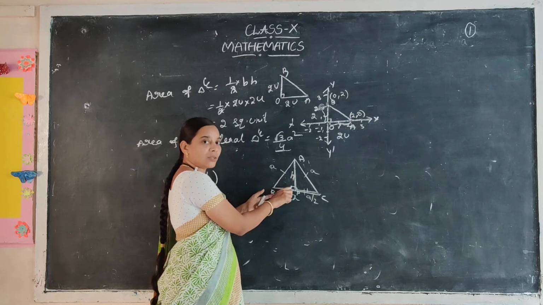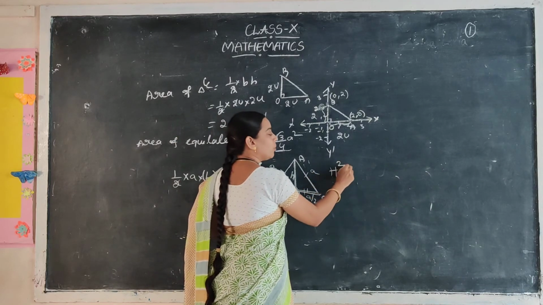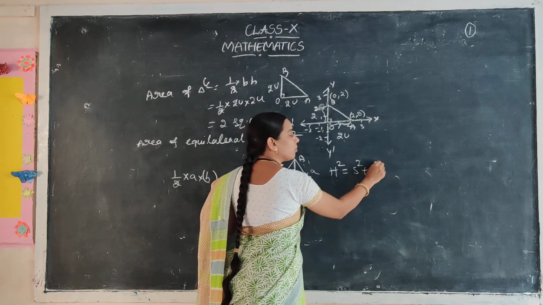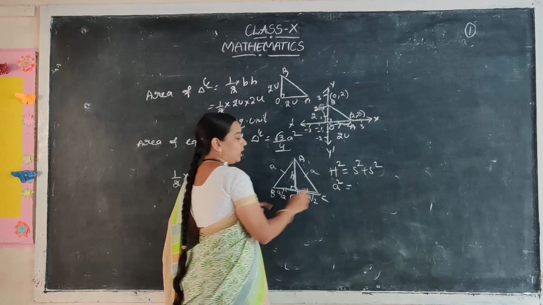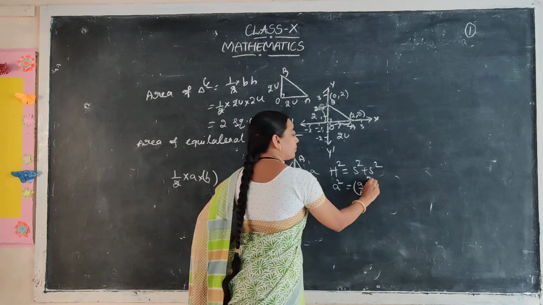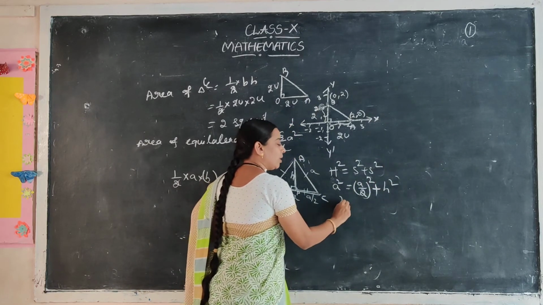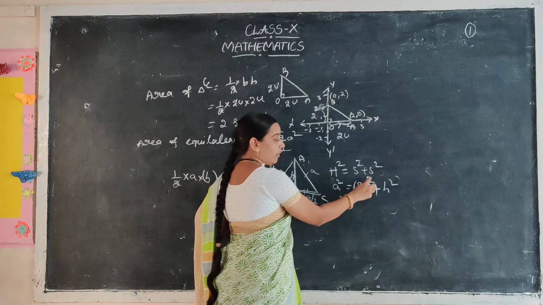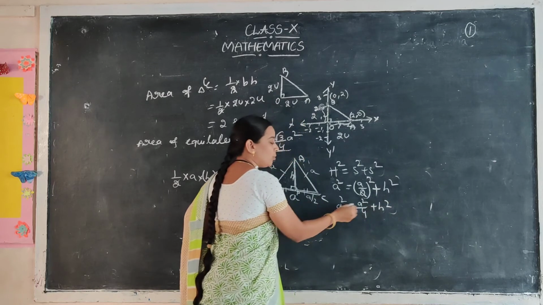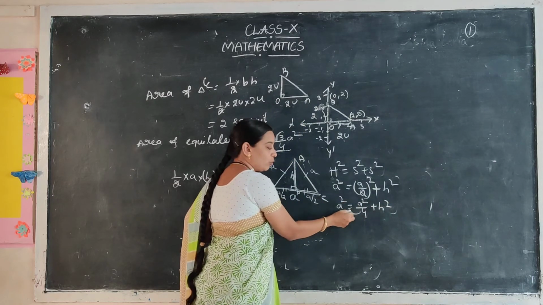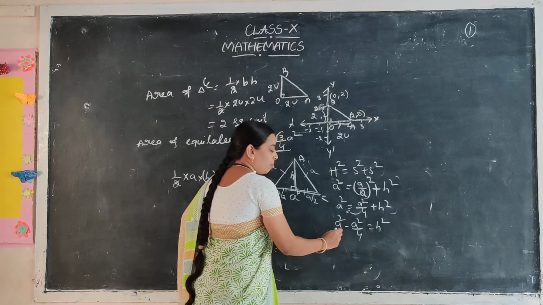Right angle triangle, so here we will use what? Pythagoras theorem. The Pythagoras theorem formula is hypotenuse square is equal to side square plus side square. Here the hypotenuse is already given. How much? A square. One side is already given, A by 2 whole square, plus the next side H. So A square is equal to, now we have to simplify the brackets, A square by 2 square value 4, plus H square. Now these two are like terms, A square, so this moves to the left side. A square minus A square by 4 is equal to H square by 1.